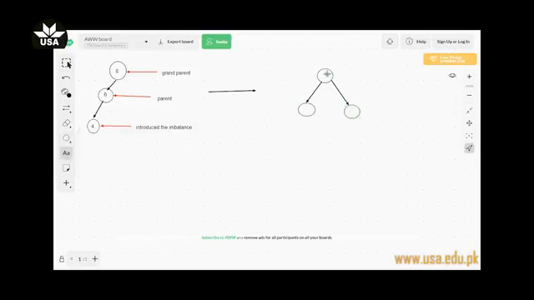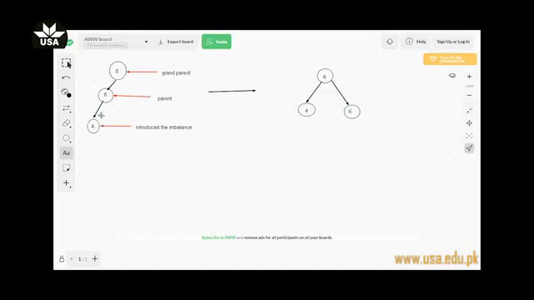Alright, let's write down the values. For example, this is the node with the value 6, this is 4, and this is 8. As you can observe, now the tree is pretty much balanced.